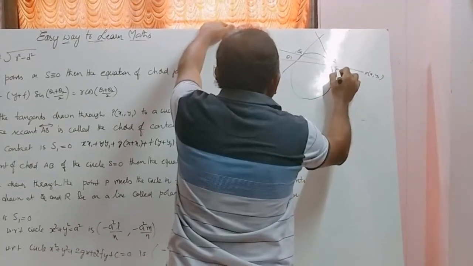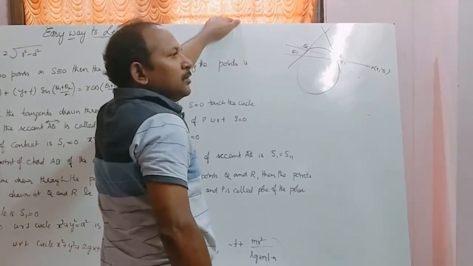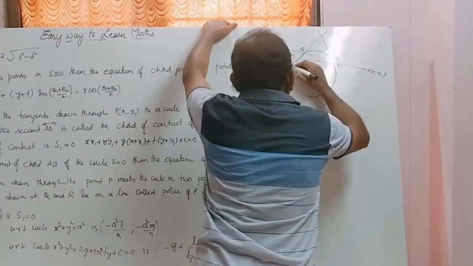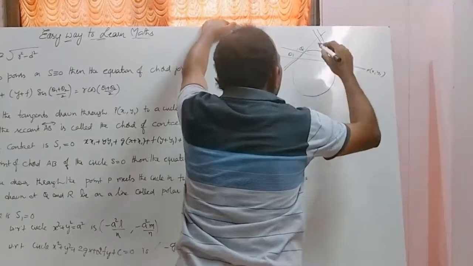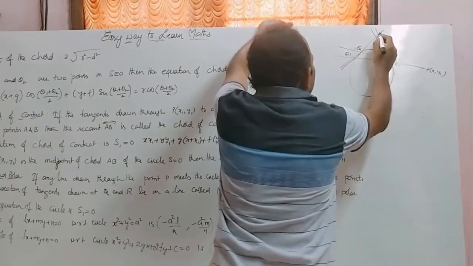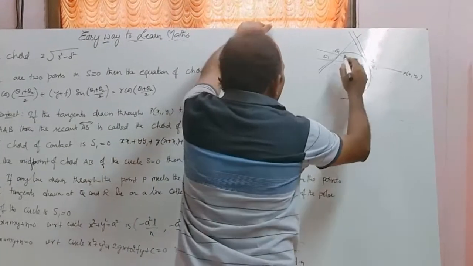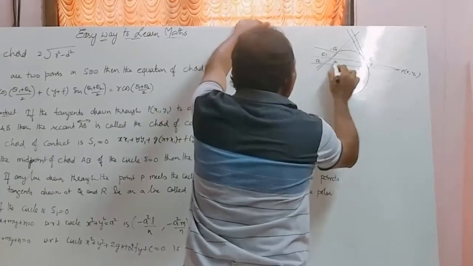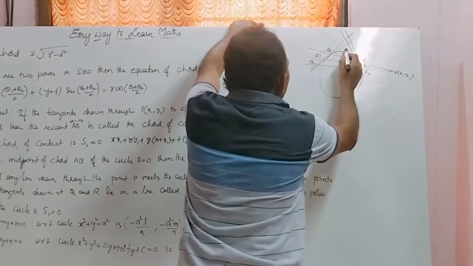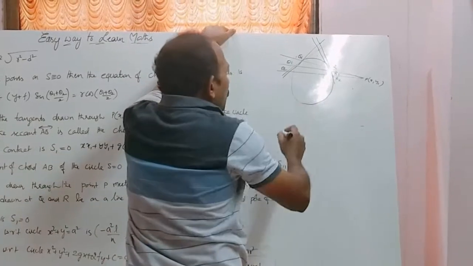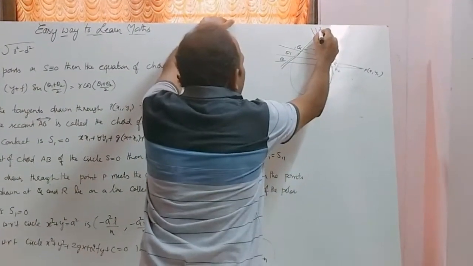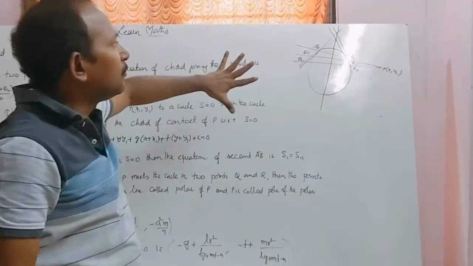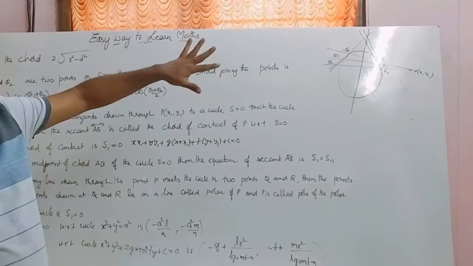Q1 R1, say the point of intersection. If you draw the tangents at these 2 points again, then this is the point of intersection. Similarly, if you draw secants through P again, say Q2 R2, then here we will get the point of intersection and so on. If you join the points of intersections of these tangents, they lie on the same line.